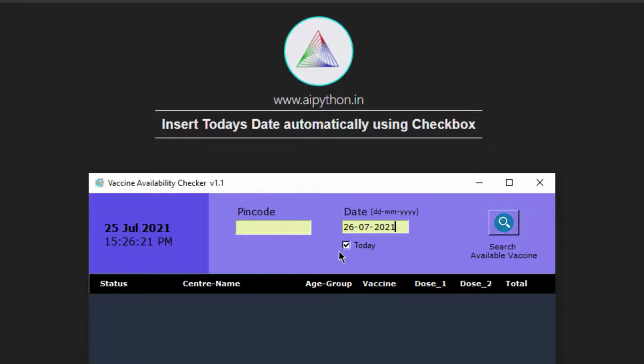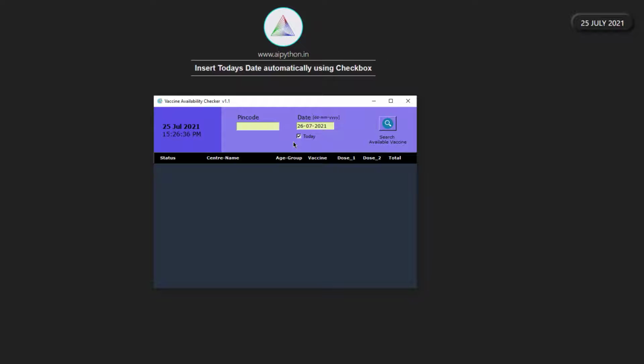You will be able to create this checkbox with the label first, and then you will be able to program it in such a way that when you check this button, it will give you today's date. And this is not applicable only for this project. If you know such things like using a checkbox and fetching certain things with the help of a checkbox, it can further be extended beyond this project, and you can use it across any project in your domain, right?